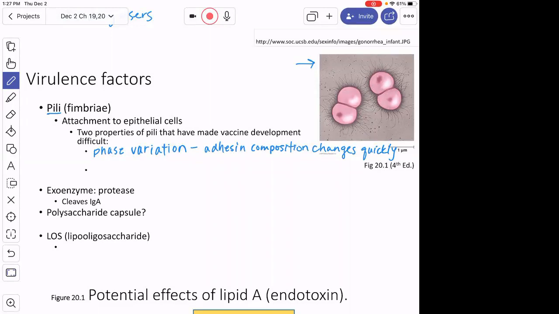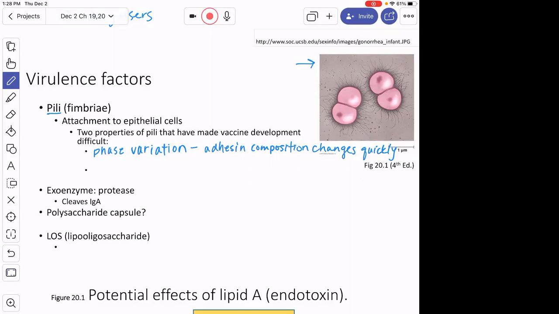Our immune system has, these are very immunogenic, these outer proteins, these adhesins. But remember, it takes a while to get our adaptive immunity up and running. There has to be help from the T helper cells, all those different synapses made that we've been talking about. So once the antibodies actually get made that are going to hopefully bind to those adhesins and neutralize them,